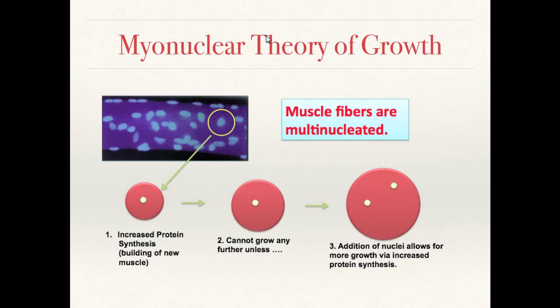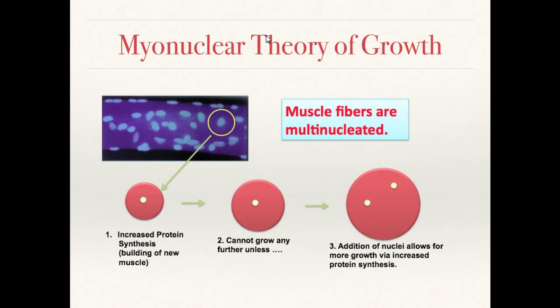Now, the last thing I want to talk about in this lecture is the myonuclear theory of growth. So what's the myonuclear theory of growth? Well, if you look at the fiber under the microscope here, at the top left, you notice that it has numerous nuclei, and I circled one of these nuclei. Basically, we think that each nucleus controls a limited region of the cytoplasm, and that nucleus controls the protein synthesis of that muscle fiber. As you can see here,